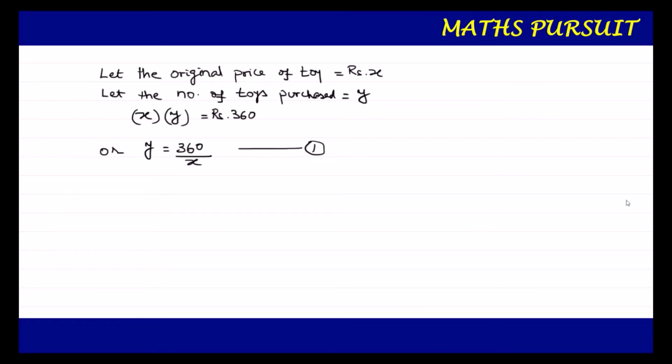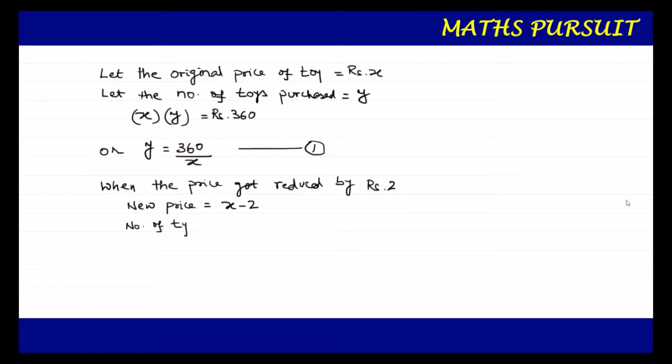Now what will happen when the price got reduced? When the price got reduced by Rs.2, what happens? That means I can write the new price will become, original price was Rs X, now the new price will become X minus 2. And with this reduced price, this man can purchase now, number of toys purchased now,